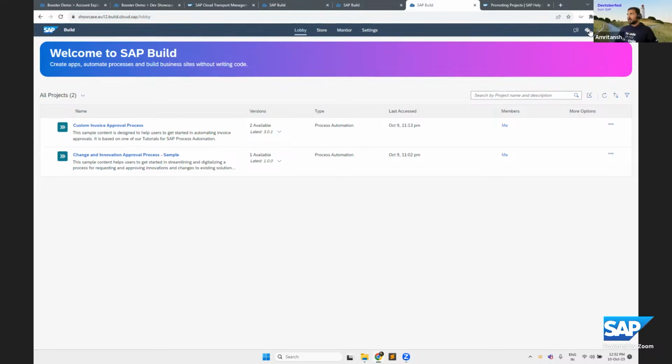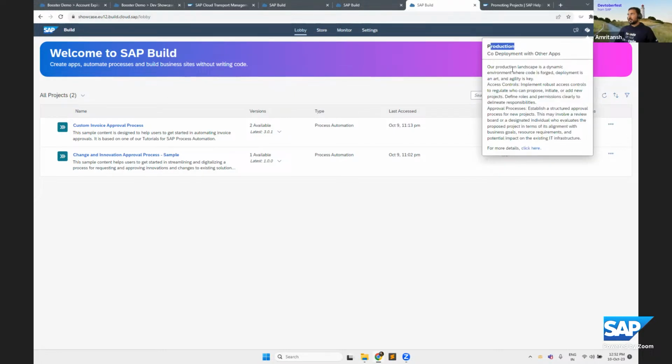If you look at the tenant mode here, it says production, and here we have a set of guidelines which we want to recommend to the developers having access to the production tenant. It could either be developers, or a DevOps person in the team who has access to the tenant. We also give this option that if you want to look at more details of the tenant rules or the policies set up by the IT in the organization, you can click on the link, and it takes you to the document.